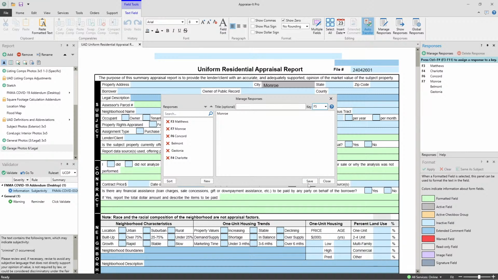I don't have to. That's optional. Hit Save. There already was a Monroe in there. Oops. All right. So then we'll make this, I don't know,